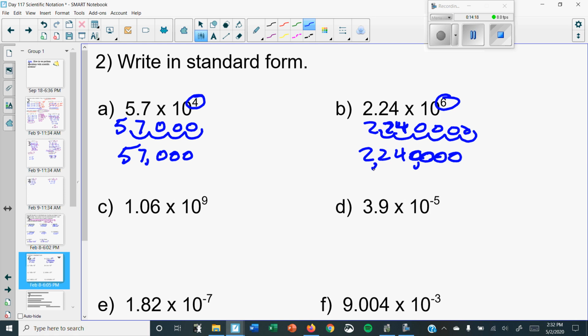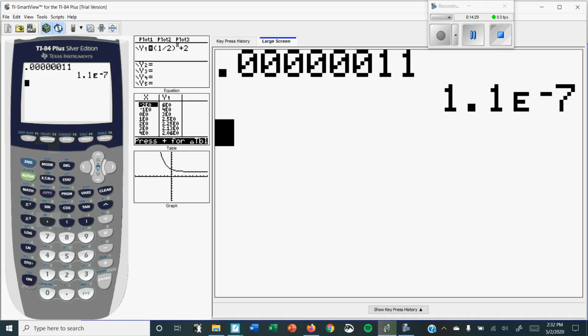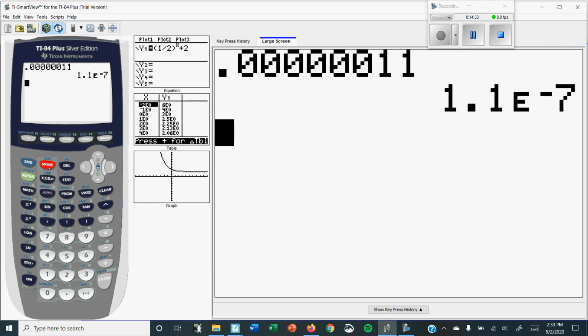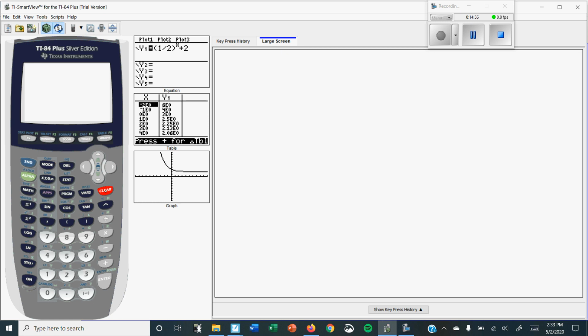Again, your calculator can do this. Now, it doesn't work all the time because sometimes if the number's so big or so small, it has no choice but to write the answer still in scientific notation. But if you want, just type in the question. Now, you got to switch back, go to mode. You got to switch back to normal mode to do it. So if we type the question, and the question was